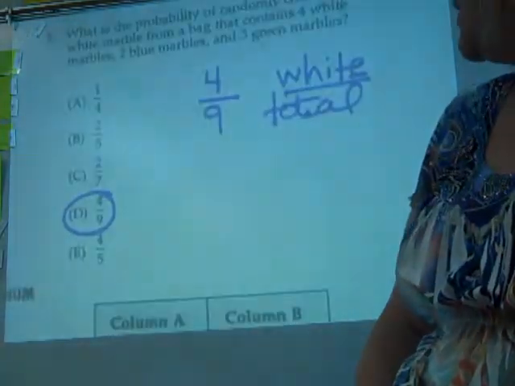Alright, so it's the number that are white over the total number. Okay, the next one